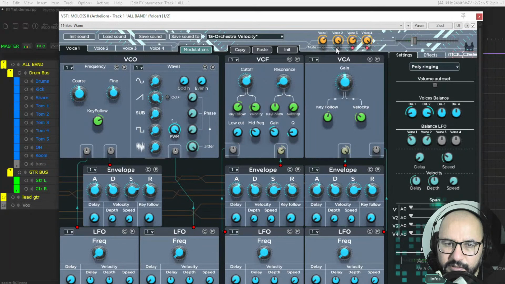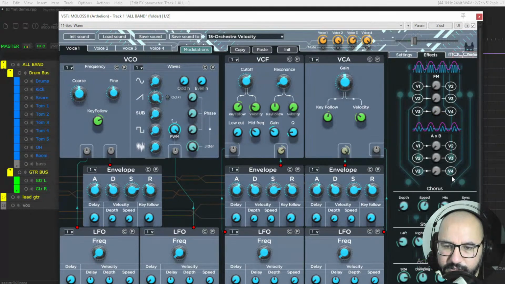You can mute, right? It's polyphonic, right? You choose here polyphonic, monophonic, mono legato, or poly ringing, right? And it includes also some effects here, such as chorus, stereo delay, and reverb that can be synchronized to your tempo's project. And here you have the voltage controlled oscillator,